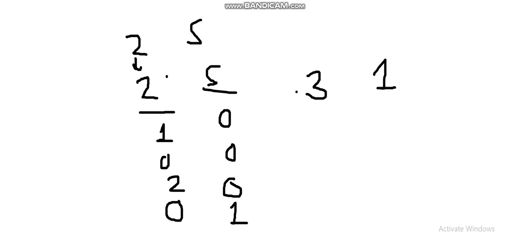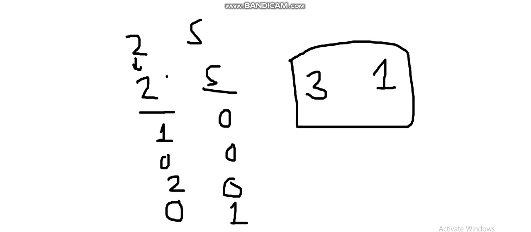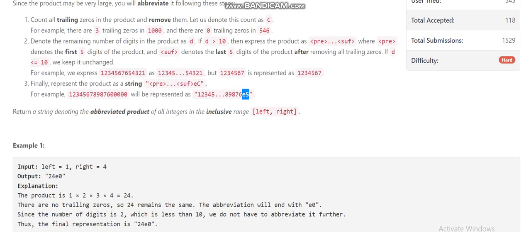For the number of zeros at the suffix, we have to find the minimum of these two. So there will be 1 zero in the suffix. You can verify it again. And finding the zeros is quite easy. You can do that in log time. And